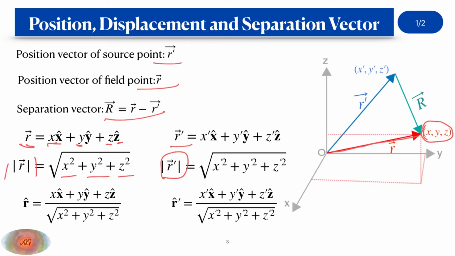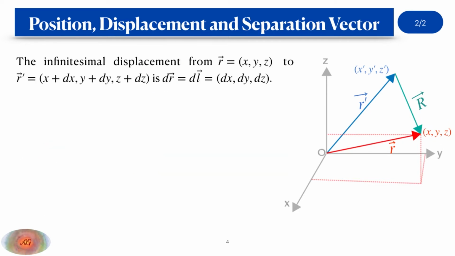And as I have mentioned in my previous lecture, the unit vector r cap represents the direction along the vector r itself. On the other hand, the unit vector r dash cap represents the unit vector along r dash itself. And in a similar way, you can easily derive the unit vector corresponding to the capital R, which obviously will indicate the direction of the arrowhead of this capital R.